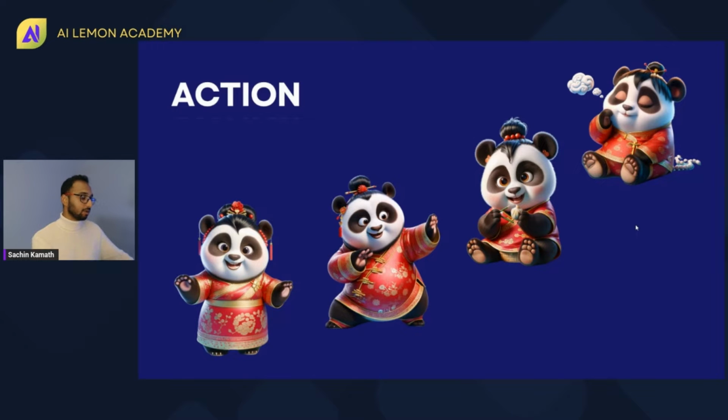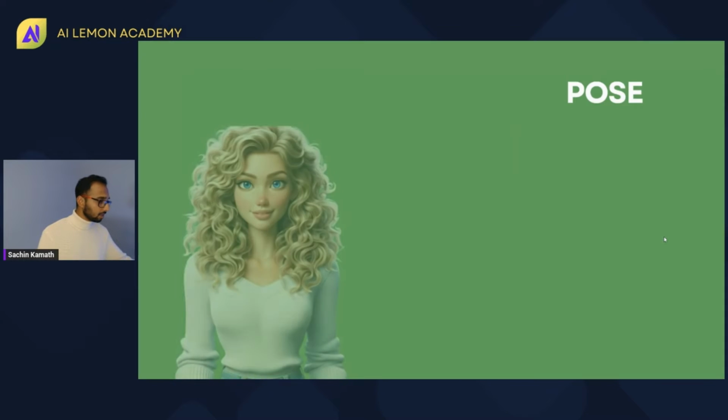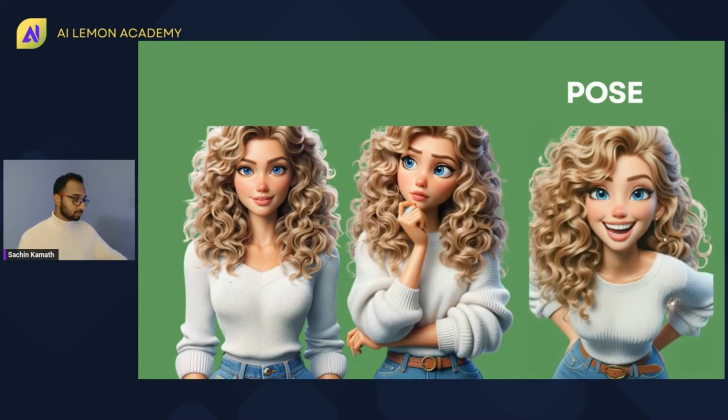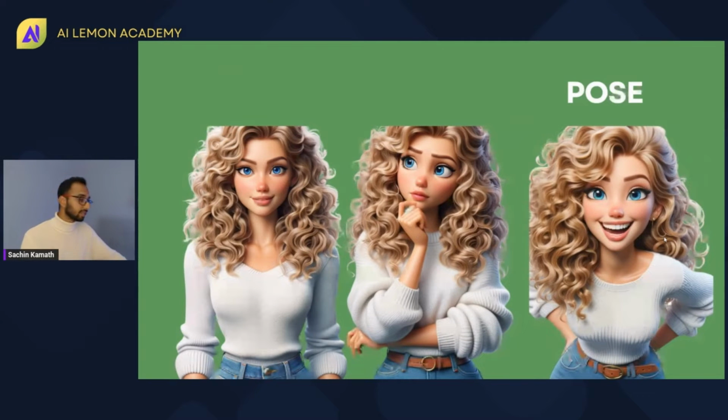And for example, you don't have to just stick to a human being, right? A human character. It can be an animal. It can be any kind of character or object that you want to bring to life. A lot of cool examples I've seen out there as part of any story or comic book that you want to talk about. But here you can change actions as well, and not just for humans or for human illustration. It can be for anything. And of course, you can change the pose while maintaining the same character, right? So that's what we are talking about. These 3 options are available.